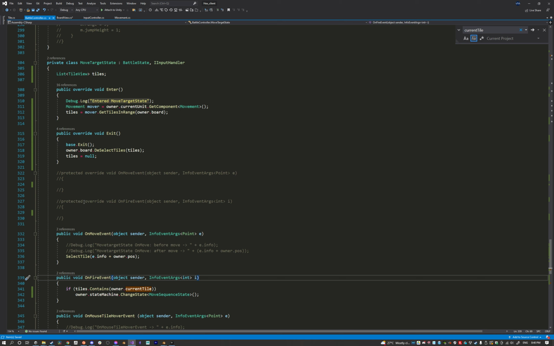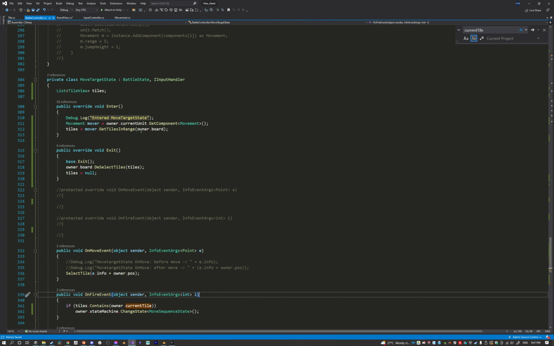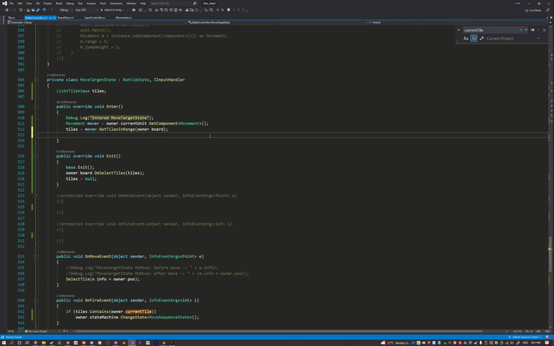Let me try something real quick. Move target state. Enter and move target state. Movement mover, owner, current unit, get movement. So that's good. Tiles equals mover get tiles in range. So that'll fill up. Okay, what I'm going to do here is owner.board.select tiles, and we're going to go ahead and put tiles in there. Right? And then